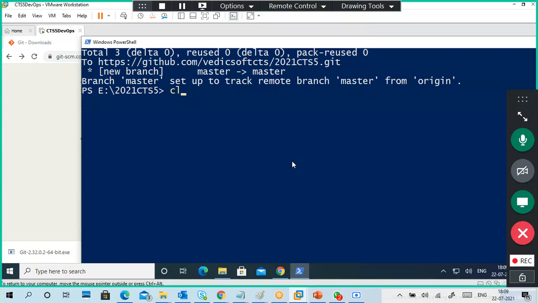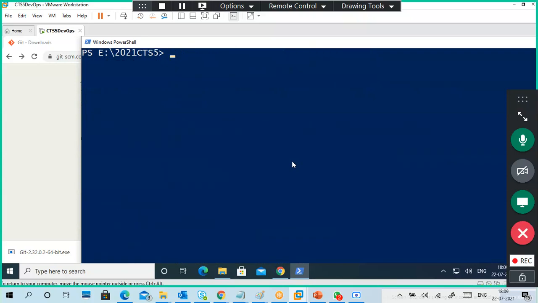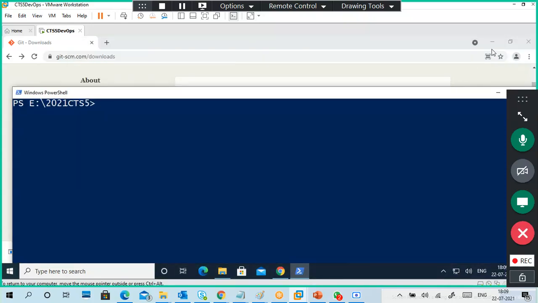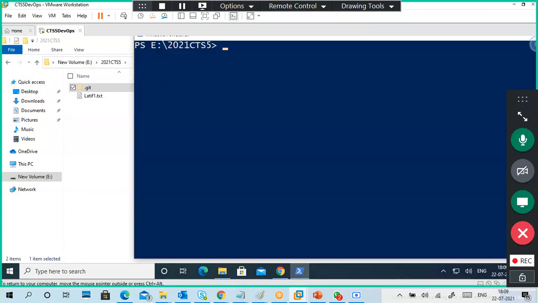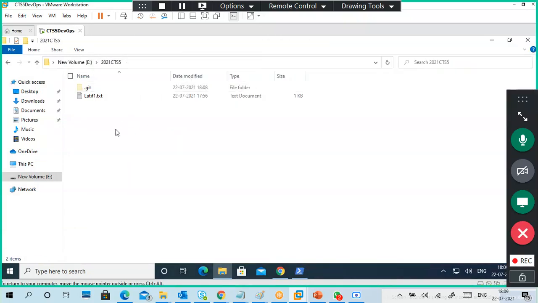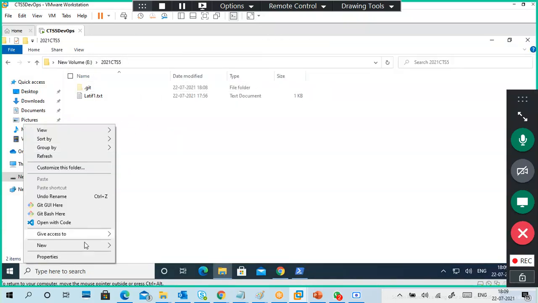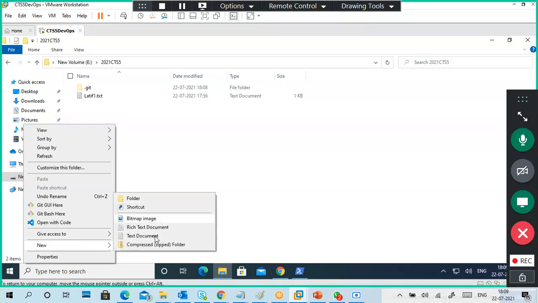I just put clear, so clear the screen. Again I am going to create another file, and then I will do the commit. Or maybe you can use the existing one only.